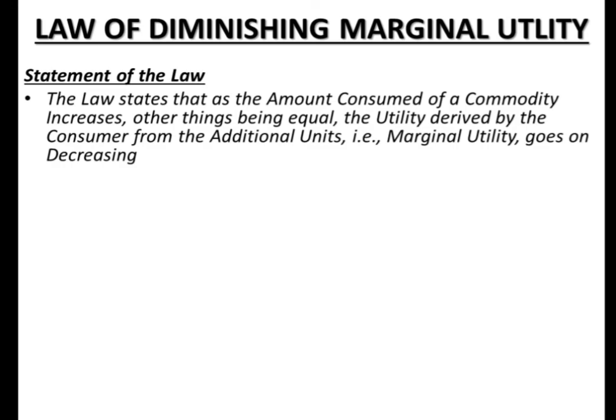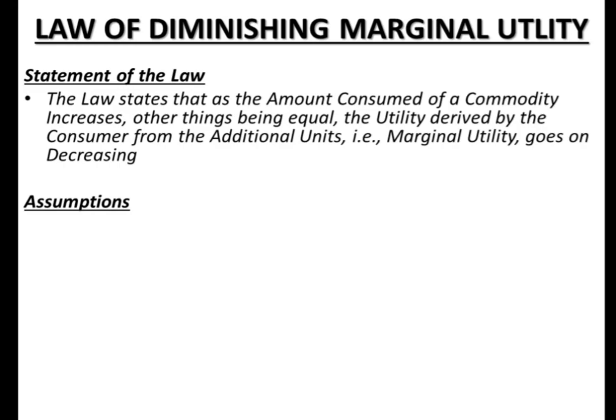Now, the same law has been explained with the help of the schedule that you have already studied. So, whenever you are asked about the law in detail, you have to mention the schedule that you have already studied. The law of diminishing marginal utility is also explained graphically, the way we have seen the graph. All these things will go along with the graph whenever they are asked in detail in your question paper. Now, there are certain assumptions that we have to keep in mind, the things that we have just said, other things remaining the same.